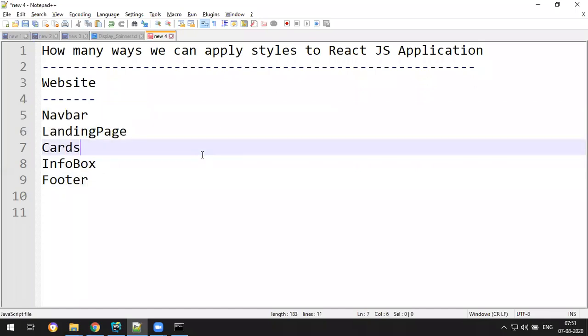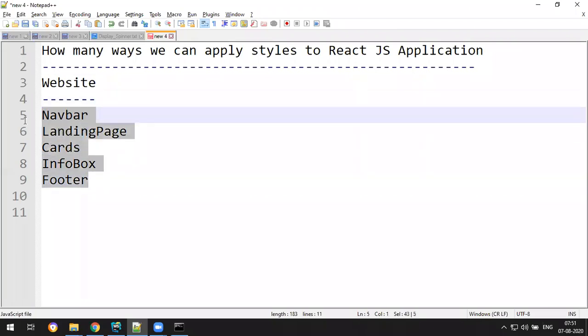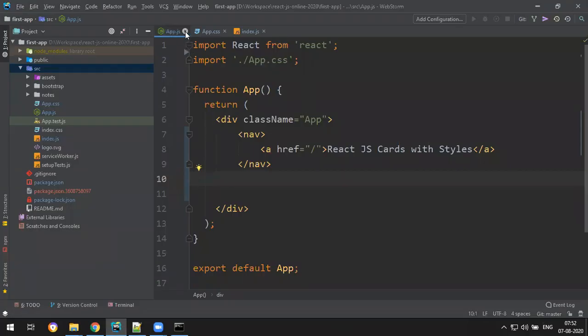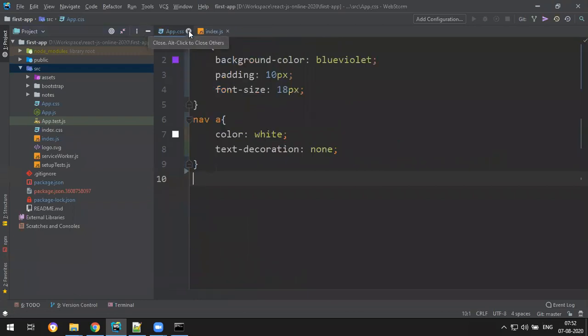So that you clearly understand what is component based development in order to develop a React.js website. Okay, so let's start. And I'm using class based component. Okay, you can use functional also, but I don't want to switch between both, so I'm using only class as of now. Okay, so let me close everything.